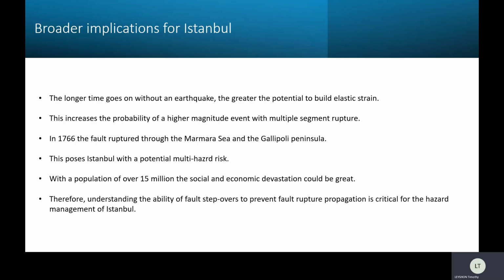It's now been nearly 22 years since the last major earthquake, meaning elastic strain could be accumulating and the probability of a multiple segment rupture is increasing. In 1766, in the previous sequence, the fault ruptured through the Marmara Sea and into the Gallipoli Peninsula. If this were to occur with the present sequence, there could be a multi-hazardous risk to the 15 million people that inhabit Istanbul. And consequently, it's extremely important to further understand whether fault stepovers are able to